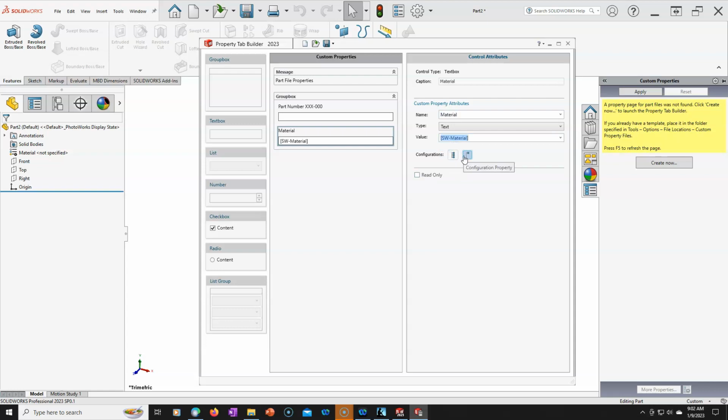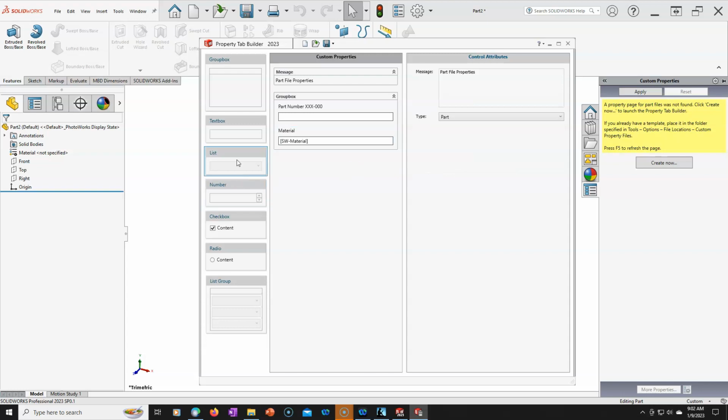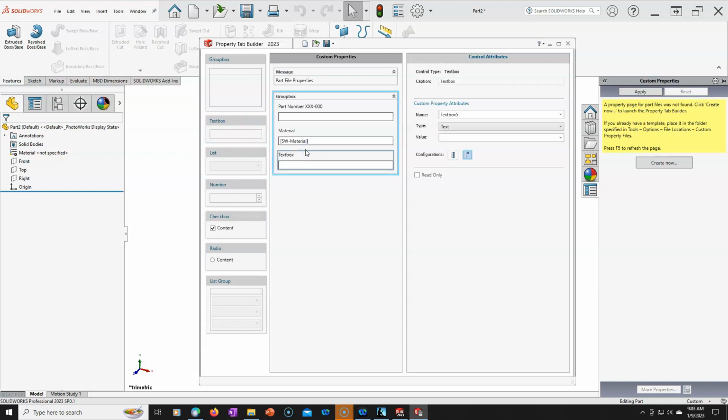And since that can be configurable, we'll leave that one. And then what else would we want? If I wanted a number, let's go ahead and put in a revision. And if I need to reorder, caption, revision,